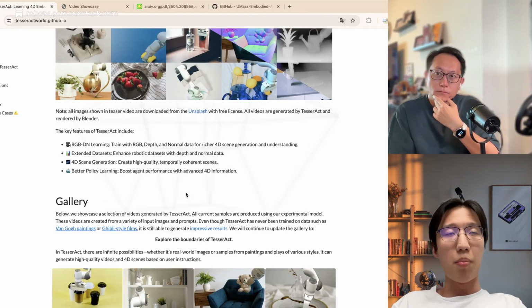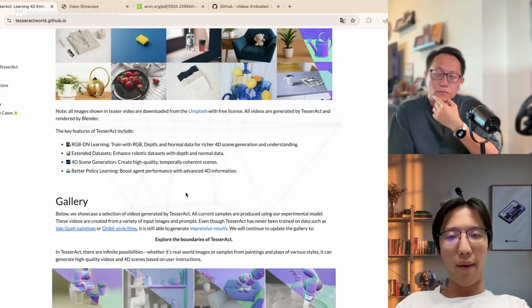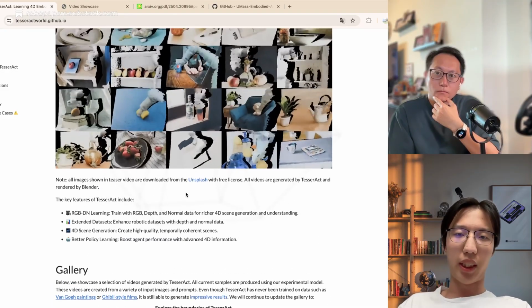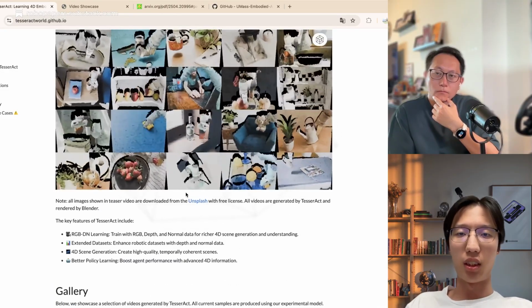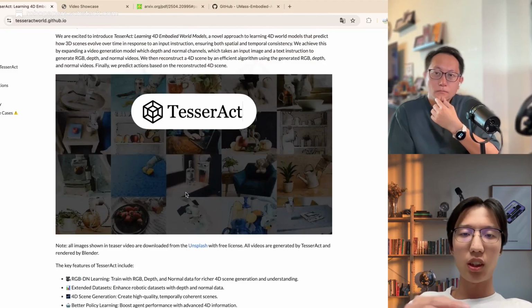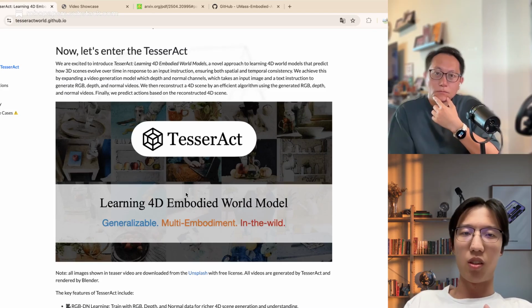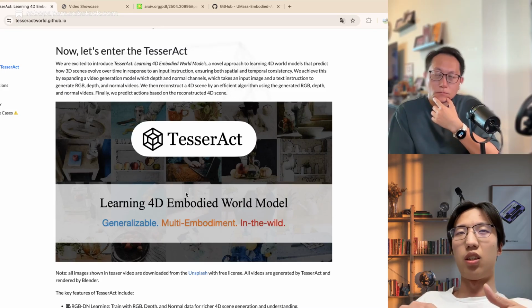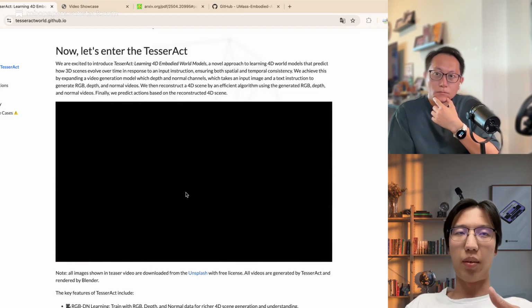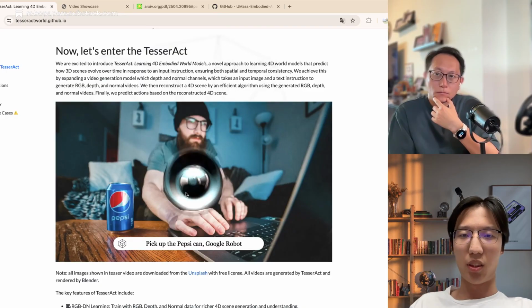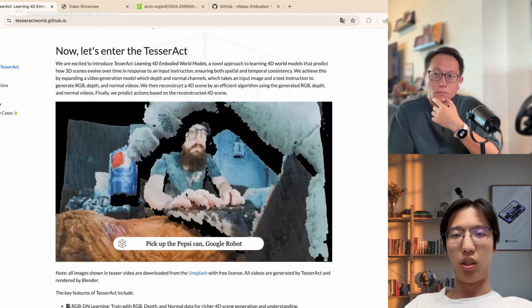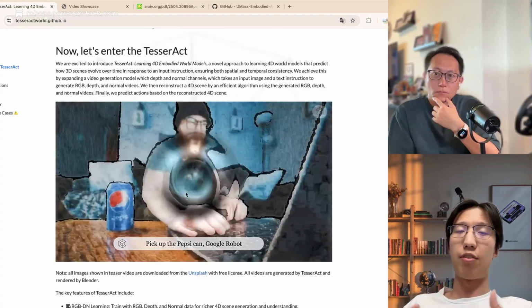And another main ability is that the world model can predict the future states. Like for our work TesserAct, it can predict videos. Or for our 3D VLA work, it can predict the goal image. So a world model needs to reveal some future states.